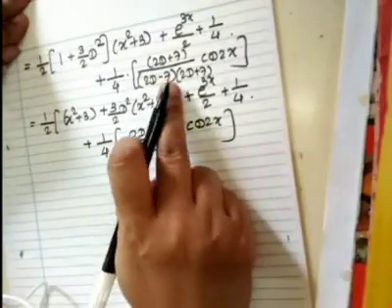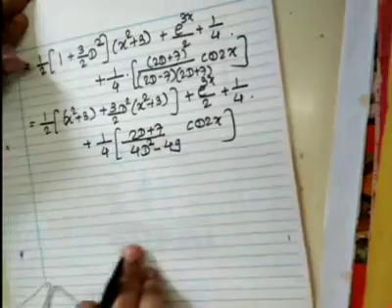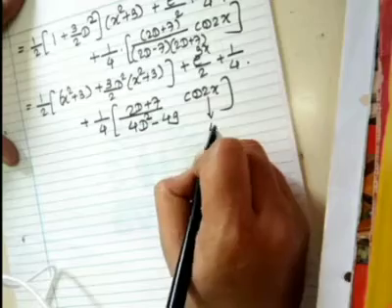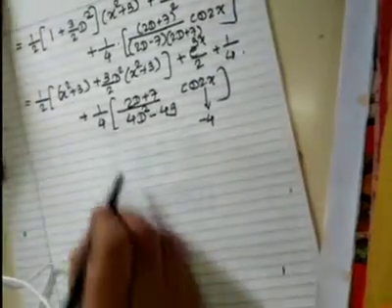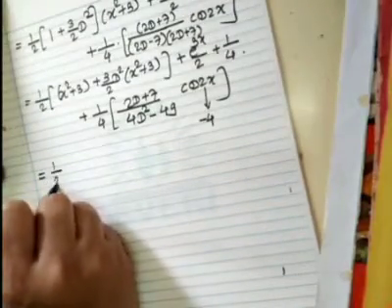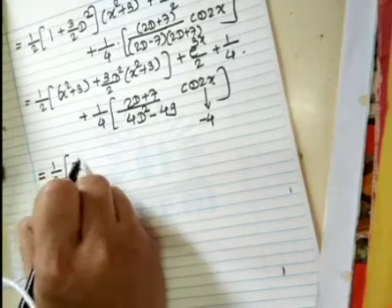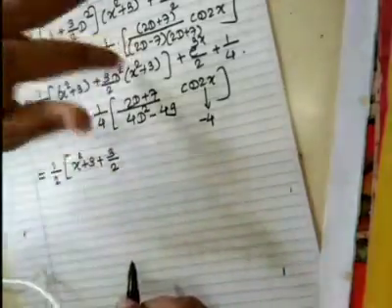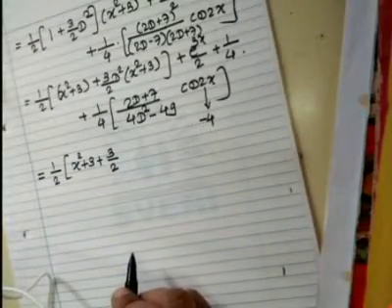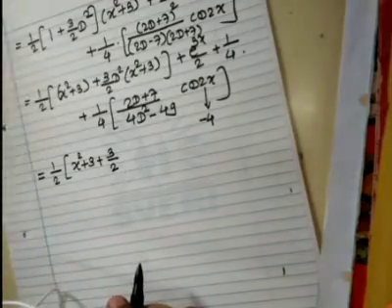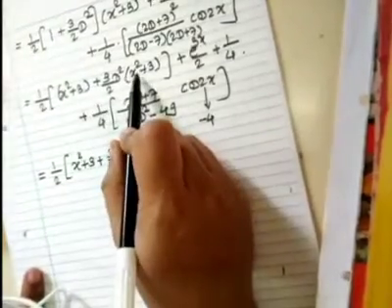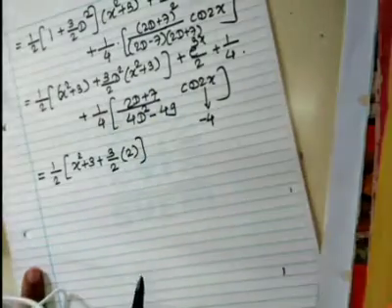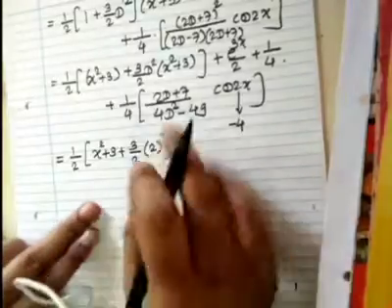A plus b, a minus b, a square minus b square. Here again d square is there, so square, that is 4, and negative sign in the place of d square, so that it is equal to 1/2 x square plus 3 plus 3 by 2 double derivative of this. What is the double derivative? First derivative is 2x and next derivative will be 2. So first part is finished.